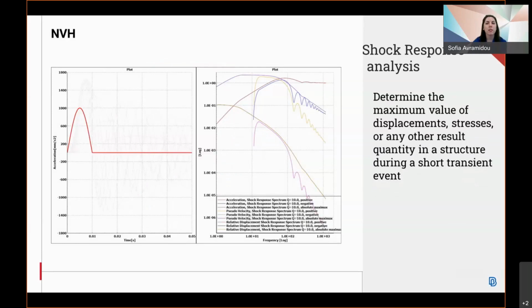Shock response analysis is supported in the digital signal processing toolbar. The goal is to calculate the response under a shock excitation, which is a short, non-deterministic transient event in time. The solution is to build a shock response spectrum, which has the characteristics of the shock load, and apply this as a load in order to get the response result.